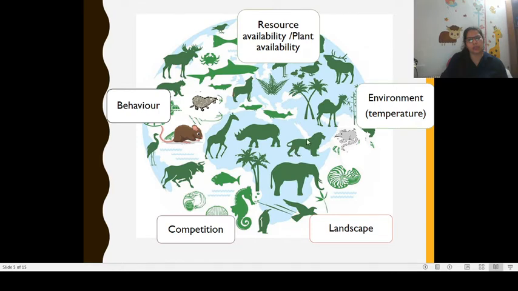Other species like African lion, giraffe, zebra and cheetah are well adapted to live and survive in savanna ecosystems. So environmental features including the thermal regime and landscape features play a crucial role in the survival of these given taxa of animals, where competition and behavior play an important role in the survival of populations of these species, where they use different strategies for resource utilization